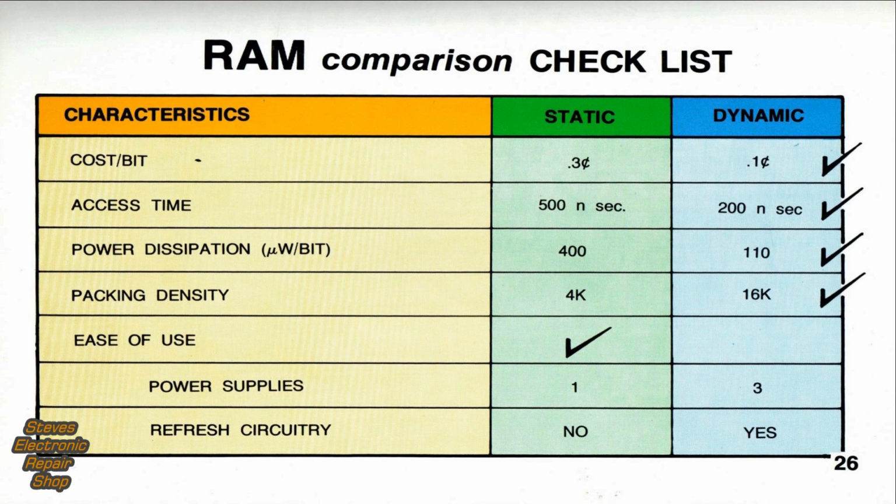Frame 26. Let's compare the characteristics of static and dynamic RAMs. The first category for comparison is the all-important cost per bit. The dynamic gets a check here because it's less expensive. The dynamic RAM receives another check mark because of its superior access time. Also, the dynamic wins in the categories of power dissipation and packing density. At this point, it appears that the dynamic RAM is far superior, and where performance is concerned, this is the